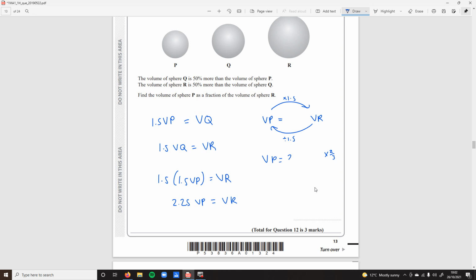So VP equals 2/3 VR, right? Oh no, sorry, VQ I mean. Bloody hell. Sorry, they're both VQ. So to times by 1.5 is the same as divide, so to go the other way you have to divide by 1.5, okay, so then VQ is 2/3 of VR, so then